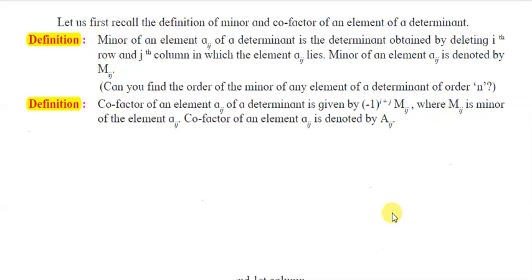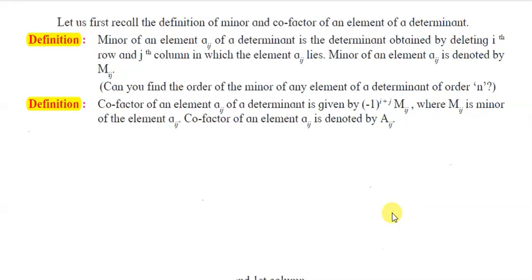In simple way, the cofactor of an element Aij gets a sign. It depends on addition of ith value and jth value. If addition is an even number, then sign is plus, and if addition is an odd number, then sign is negative. For example, if the element lies in first row first column, then value of i is 1 and value of j is 1. So 1 plus 1 is 2, and 2 is an even number, so the sign is plus.